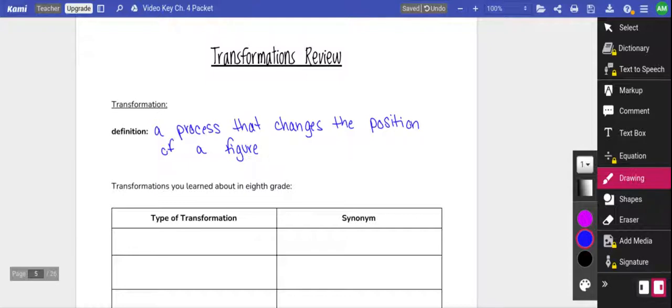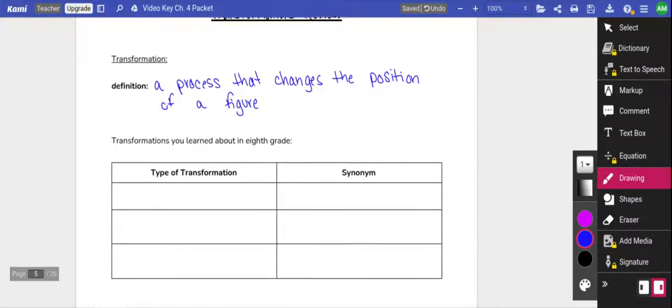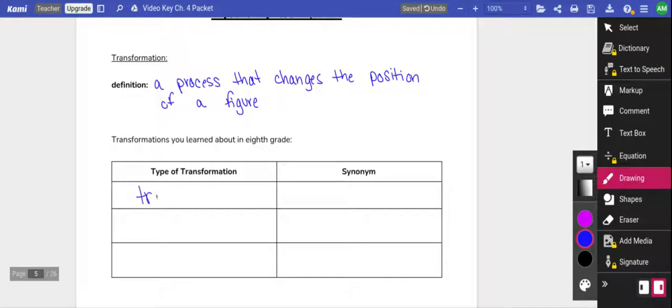The first thing that we're going to talk about is a translation. Another type of transformation is a reflection. And the last, or the third, I guess I should say, big one is a rotation. And these all have synonyms that are going to be useful when we talk about what they do to figures